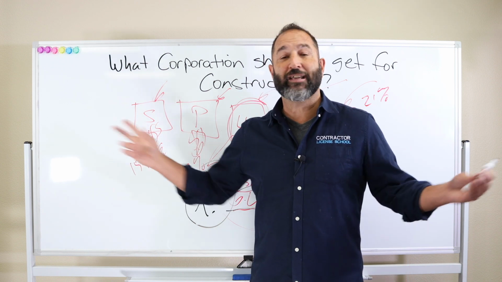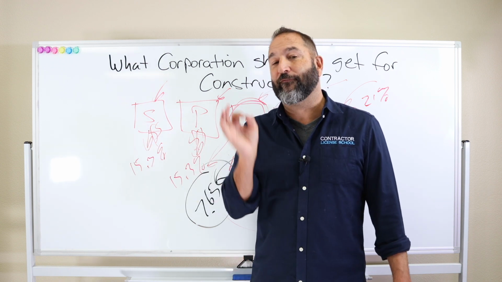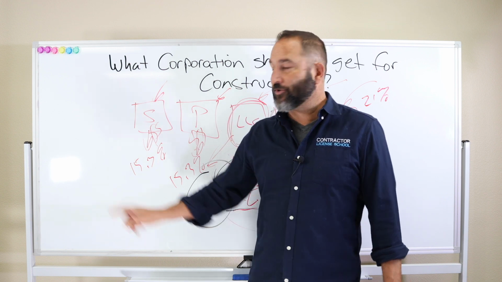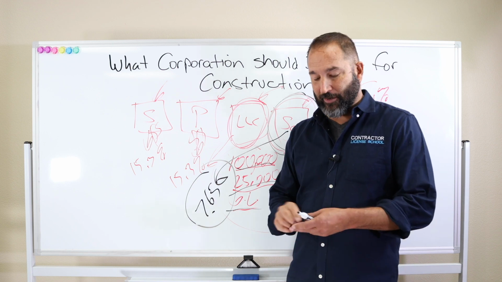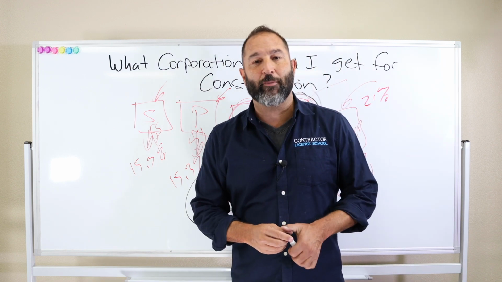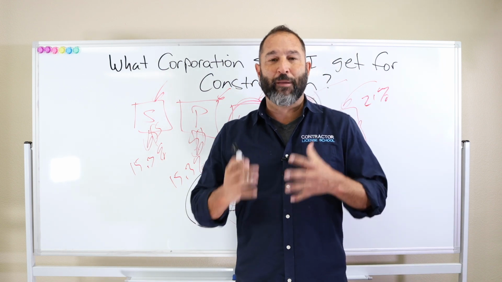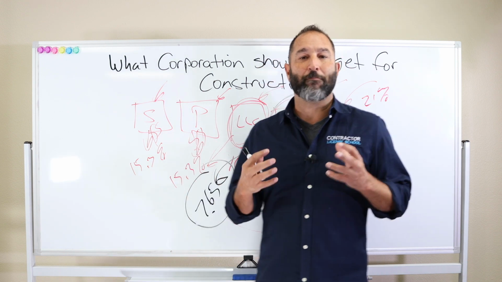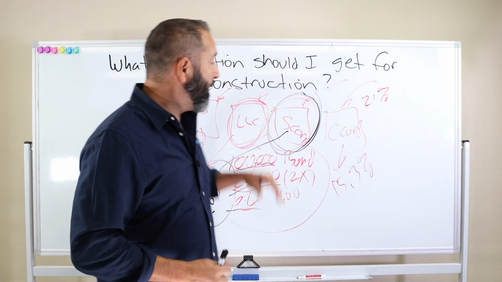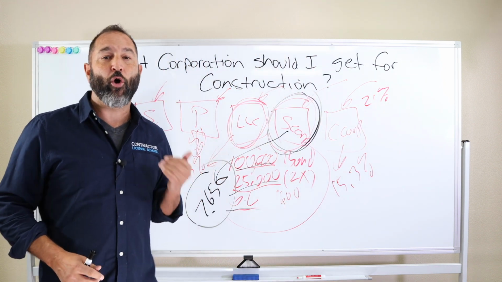name. Just in California alone, there are 150,000 contractors in a sole proprietor form. They need to transition into a corporation. So there's a lot of other reasons, ladies and gentlemen, that are going to safeguard you, protect you. Remember, I own the contractor licensing schools and I own Corp Nation, and I want to make sure that you are set up for business in such a way that you can grow and thrive.